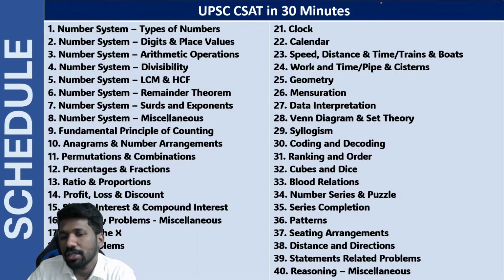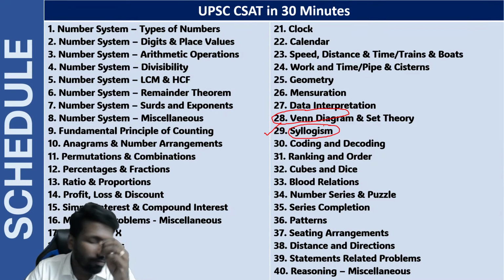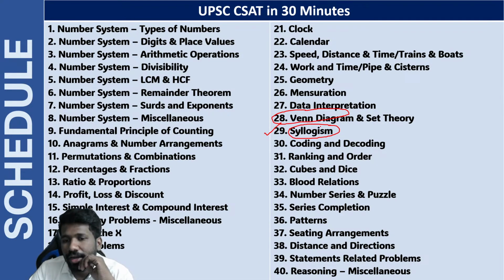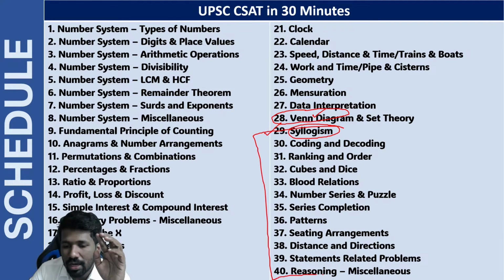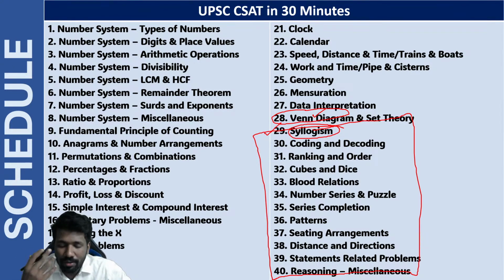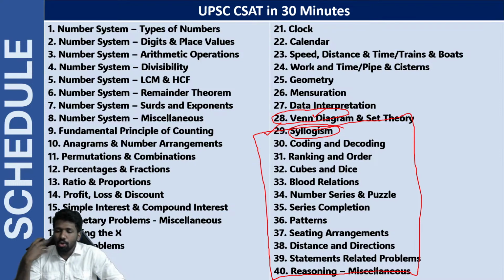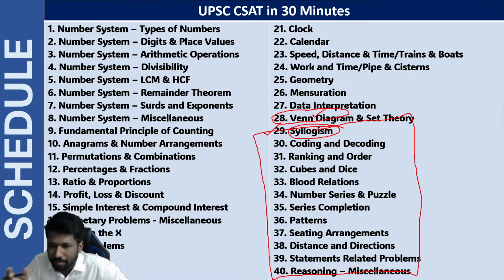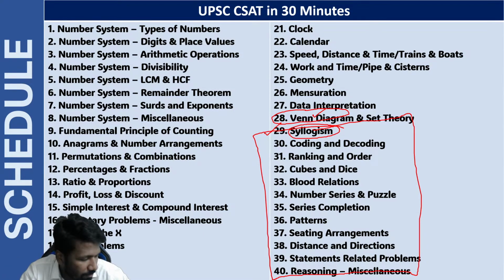Okay, so let us start. Reasoning we are starting from today. Last class we discussed Venn diagram. That idea is needed for syllogism also. That is why I have taken Venn diagram as the last lecture in the quantitative aptitude unit. Now the remaining topics are mainly reasoning topics. Normally in reasoning questions, logic is more important than mathematical or simplification skills. But rarely some mathematical things will also be there in some chapters. When it comes, I will discuss that also.